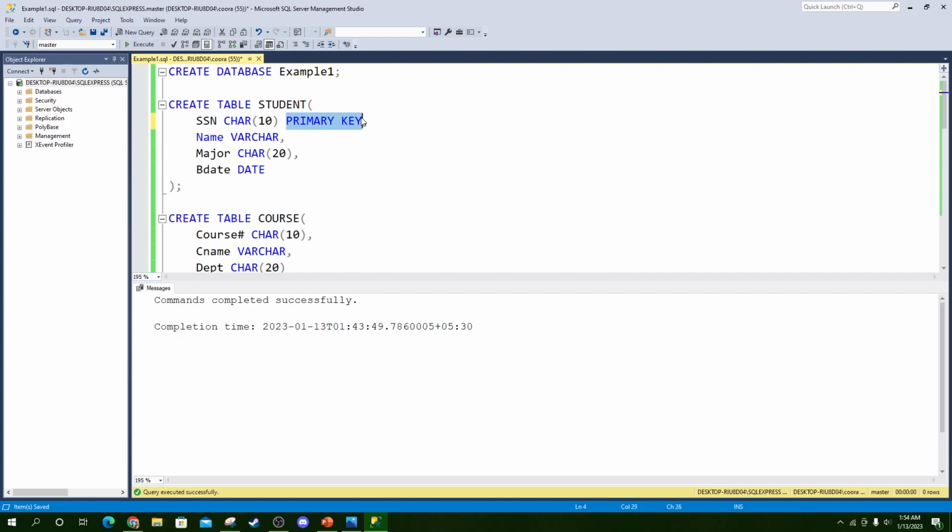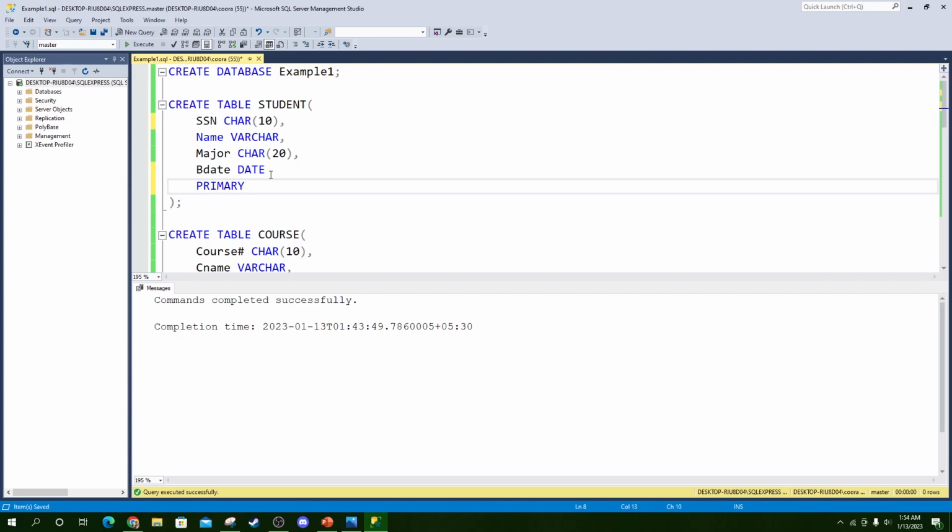The other method is you could say here primary key and put parenthesis inside it, type SSN, and you're good to go. And when you do it, be sure to put a comma if there is something following, a constraint or something like this. Okay, but the best method is not this. You could just put constraint,